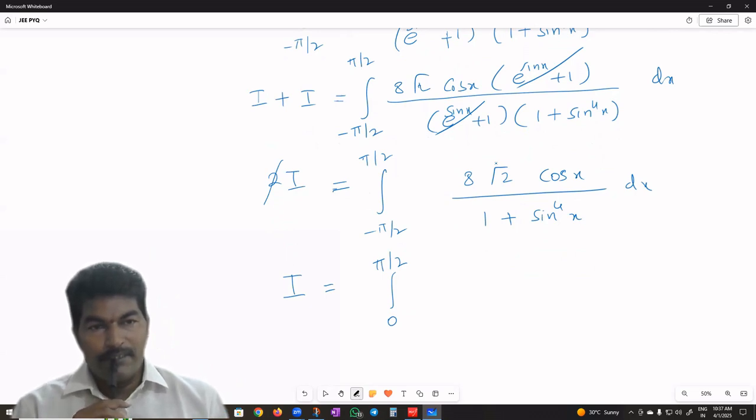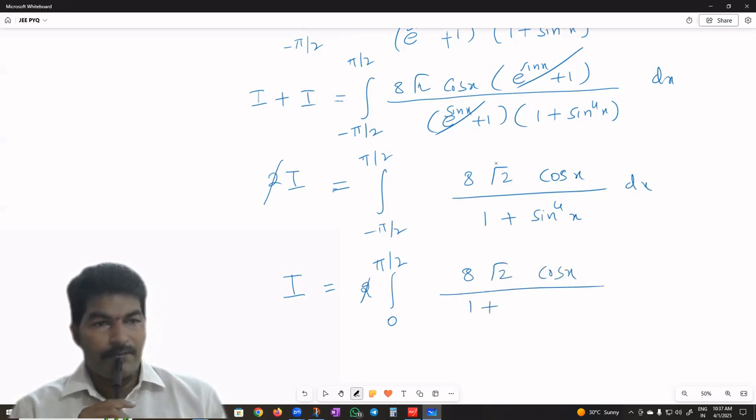For an even function, if you apply the limits, the graph adjusts itself. So that's why 0 to pi by 2, and it will be double. This double and this double got cancelled. And 8 root 2 cos x